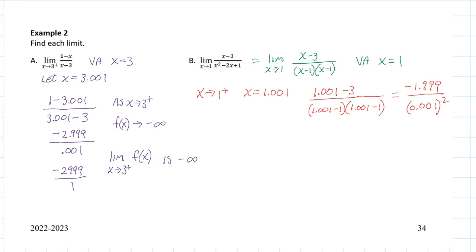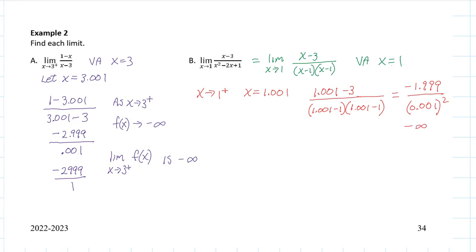Now, I've got the same situation as I did in the previous problem. The top has 3 decimals. The bottom's actually going to have 6 decimals. Because once you square this, you're going to end up with 0.00001. Excuse me, it's going to have 5 decimals. All right, so I know that if I bump the decimals over, this thing has to be going to negative infinity. So I would say negative infinity on this side,